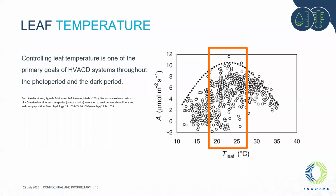So let's talk about leaf temperature. This is the last of the parameters that HVACD directly controls. This is important, so you really want to get this right. The industry at large has not defined a really good way to figure out leaf temperature yet, but it has a direct impact on leaf metabolism. We see on this graph here, as we get into a sweet spot of leaf temperature, we have a high point in carbon assimilation